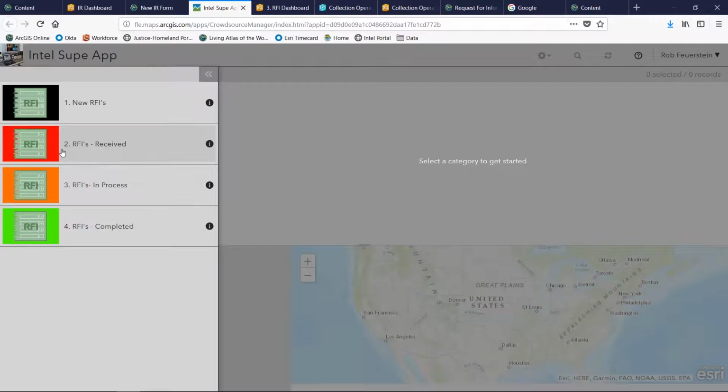I've configured the Crowdsource Manager application with several web maps so that the RFI manager can receive these